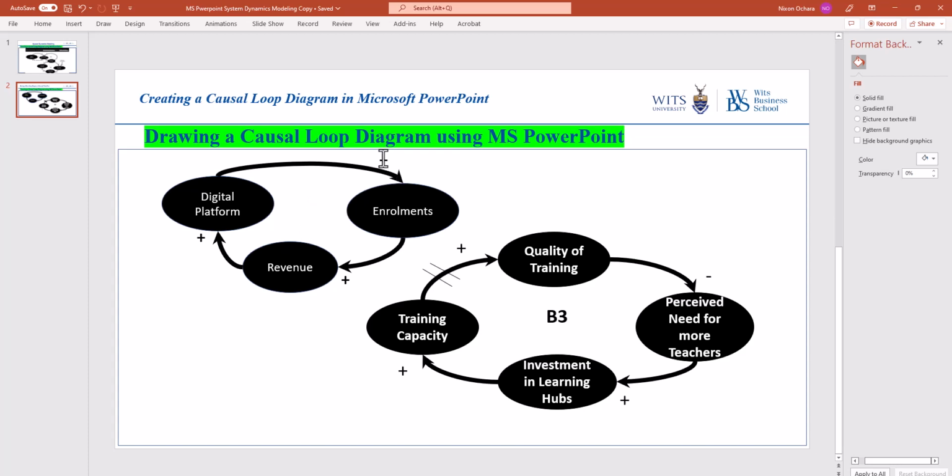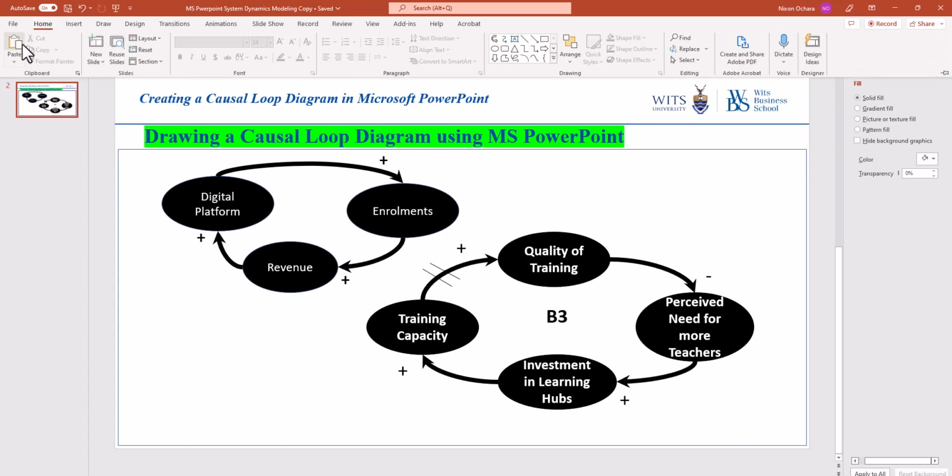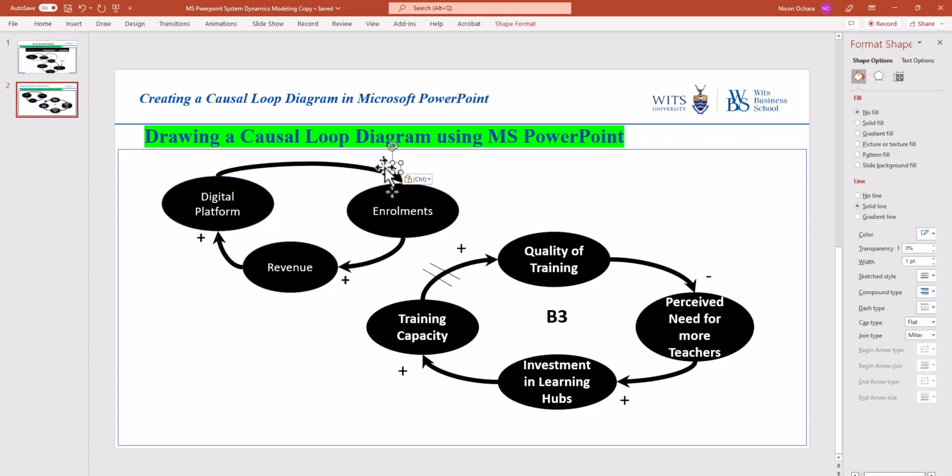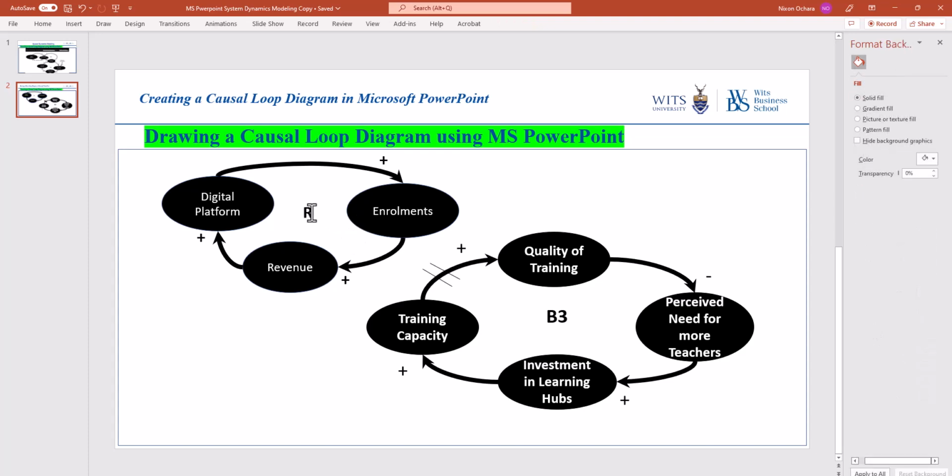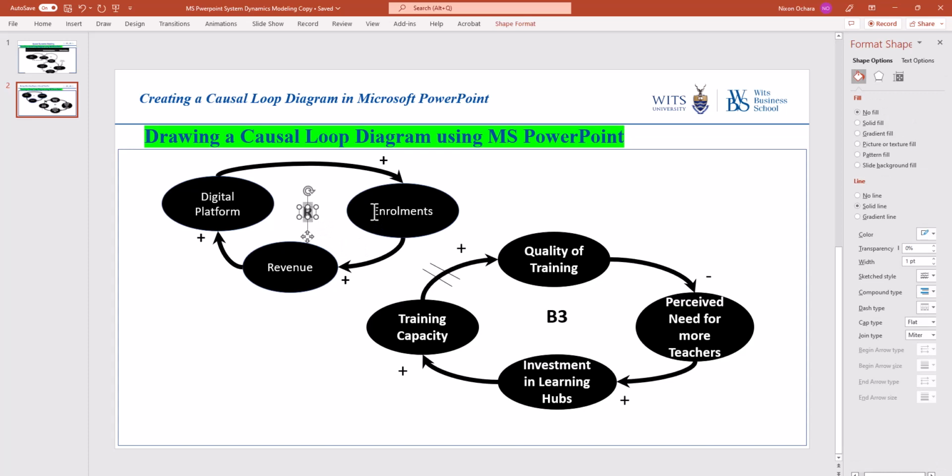We can still use the shape that we have drawn here by simply pasting it, dragging it in the middle of the loop, and changing it to R, because we know that this is a reinforcing loop. We want to call it R. Could call it R1, or there's just one reinforcing loop here, so you can call it R. You can change the size so that it looks proportional to the others, but I think it's the same as all the others. Let's call it R1